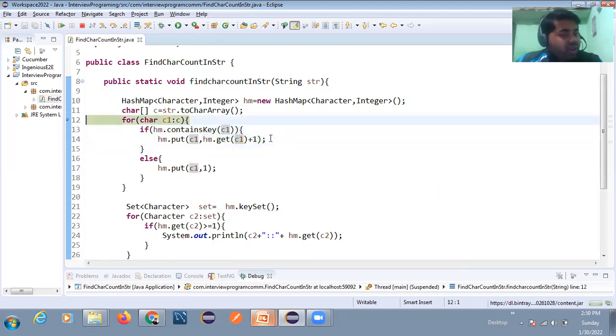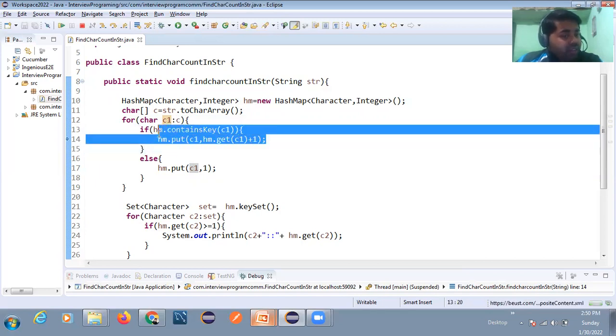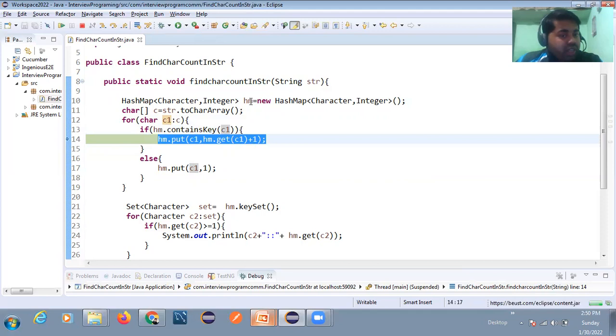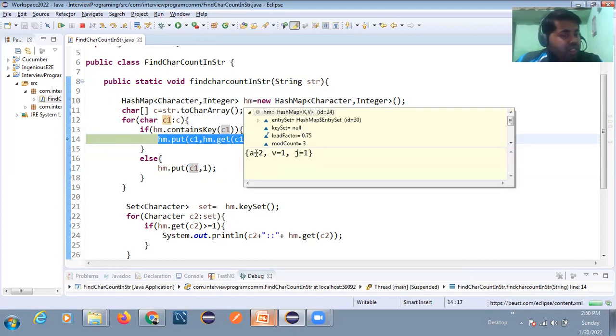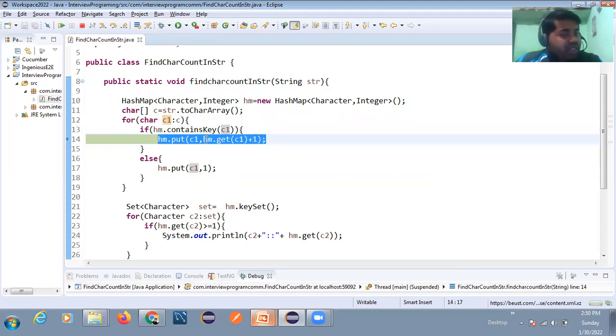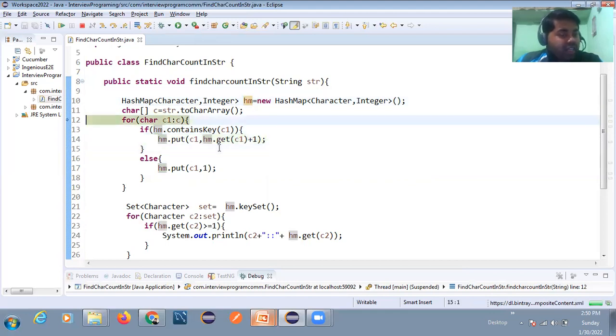Again you can go, and again it will see. So now if you have a repeated character, then it will come here and add the value 1. Got it, right? You can see now the count is increased, because A is already present. In contents it will check whether the character is already there, then it will get the count plus 1. It will add this. Again you can see.